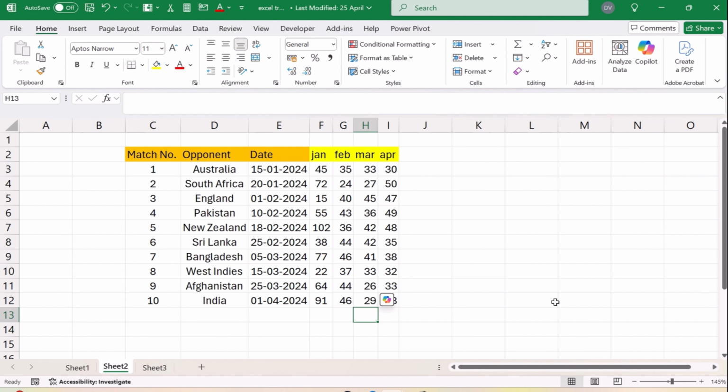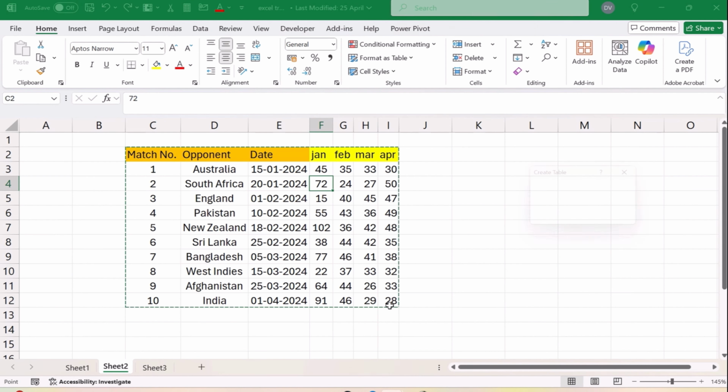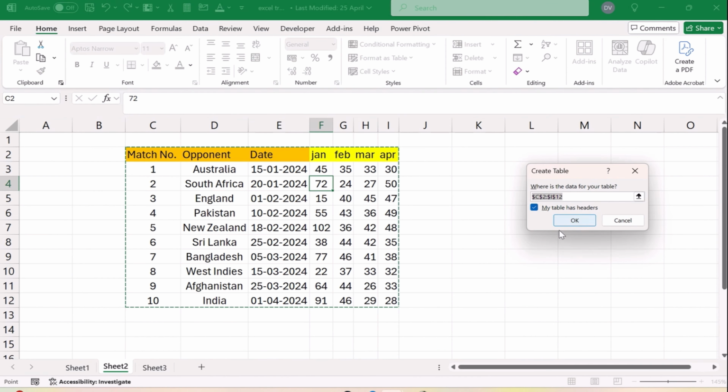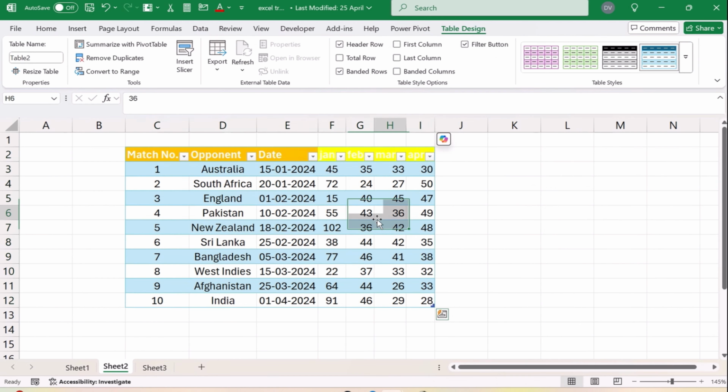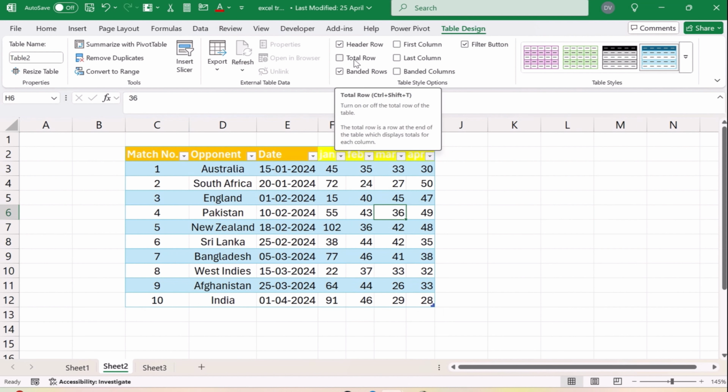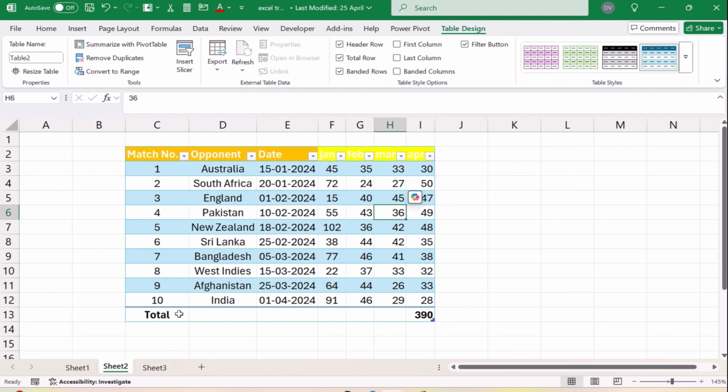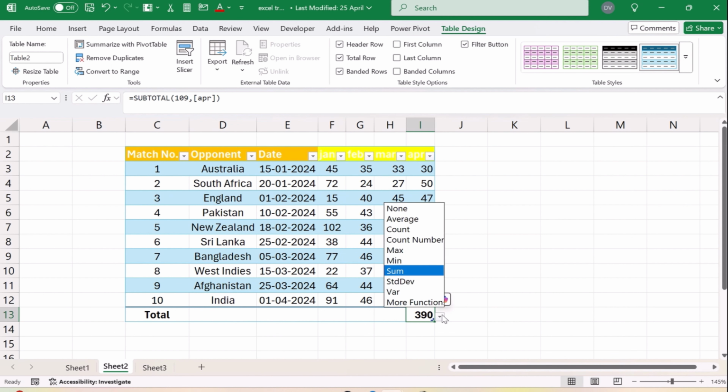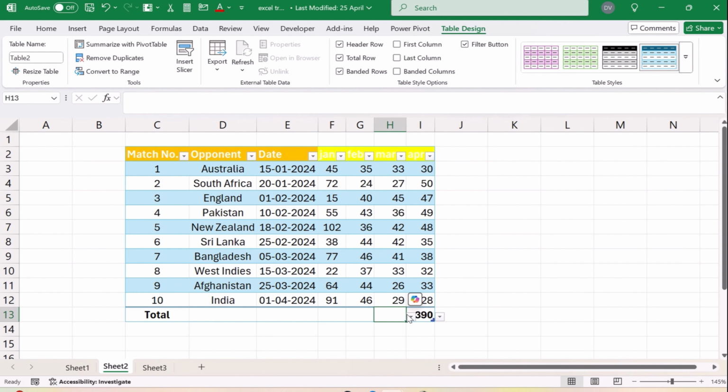Okay, the fifth step to get a sum in MS Excel, what you have to do, simply select this table, okay, and convert this into a table first. Control T and then table. As soon as you're done with this, there is an option called Total Row. Click on this option, and here you will get the options available. Sum